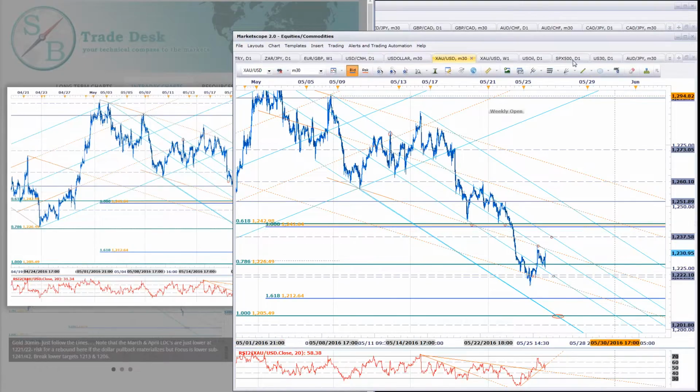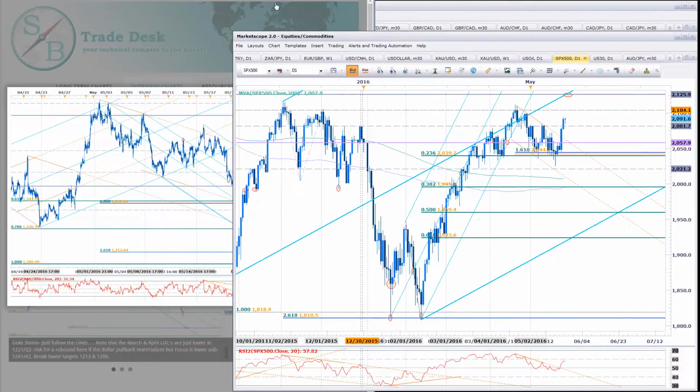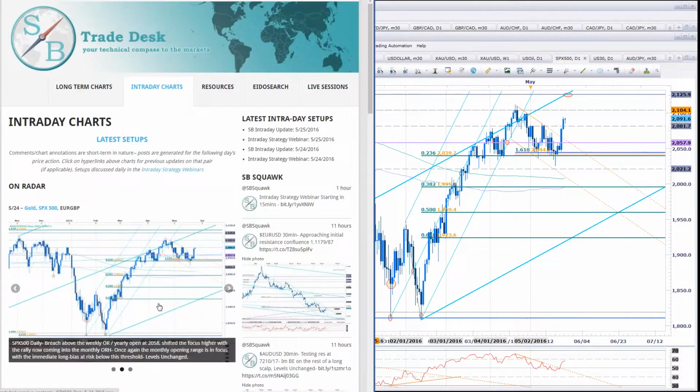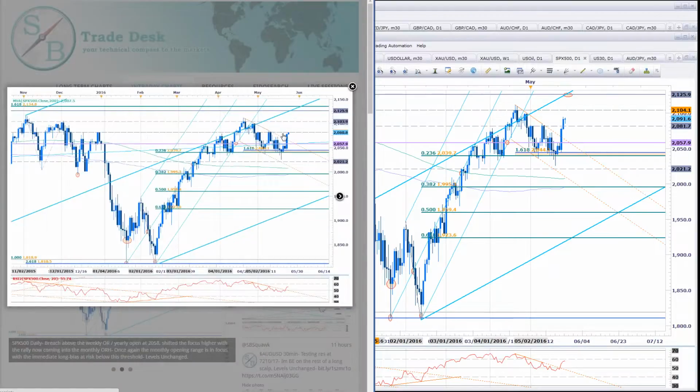Last look at SPX. This is something we've been following as well. Again, from that same update, here's what the SPX looked like earlier in the week. We talked about this on the breakout, and at this point, we were testing the weekly opening range high. And this is where we were yesterday. The close above it validates a basic and simple monthly opening range that does shift the focus to the upside. Note that on that rally,